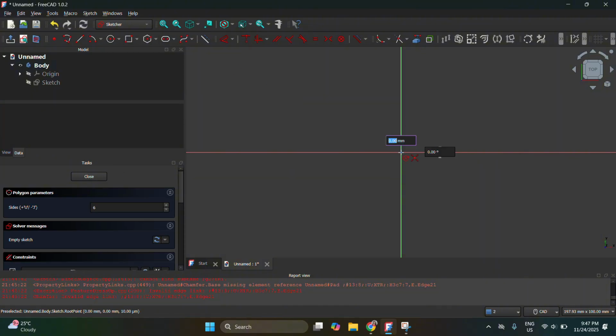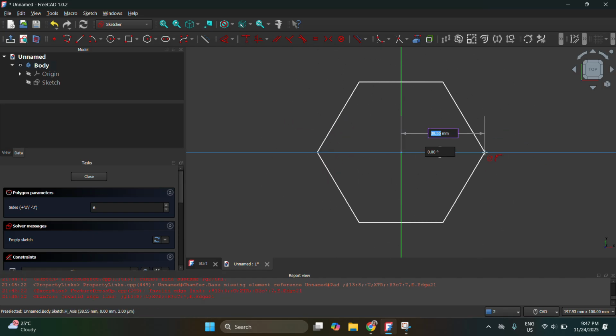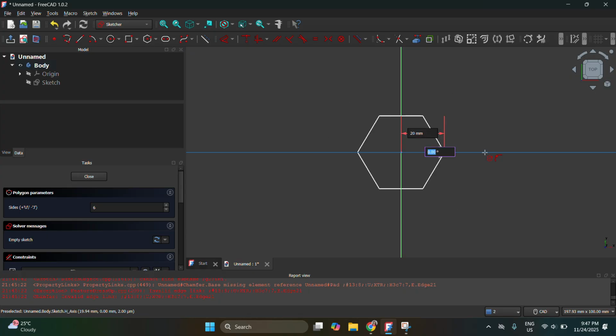Make sure you click 0 0, so it is constrained at the center. Then 20 millimeters, press enter. Then to make sure that it looks like this later, you will notice that if we slice this or use the section view, it will be sliced this way. Make sure the angle is set to 0.00. Press enter. Make sure it's green, because if it's not green then it's not fully constrained.